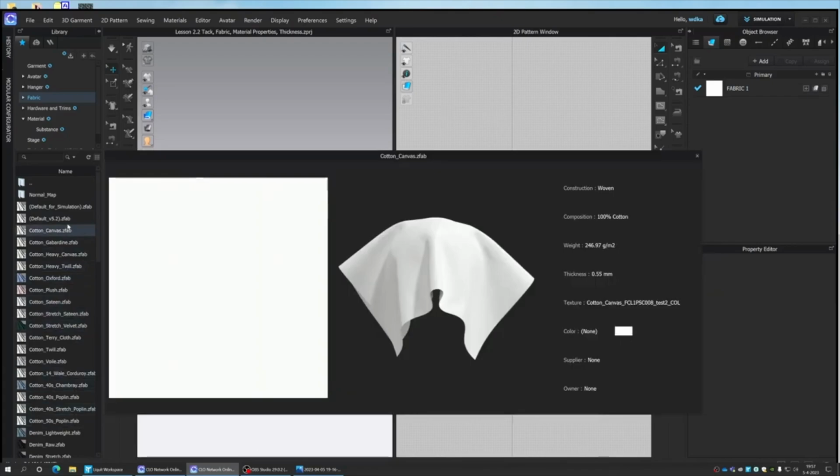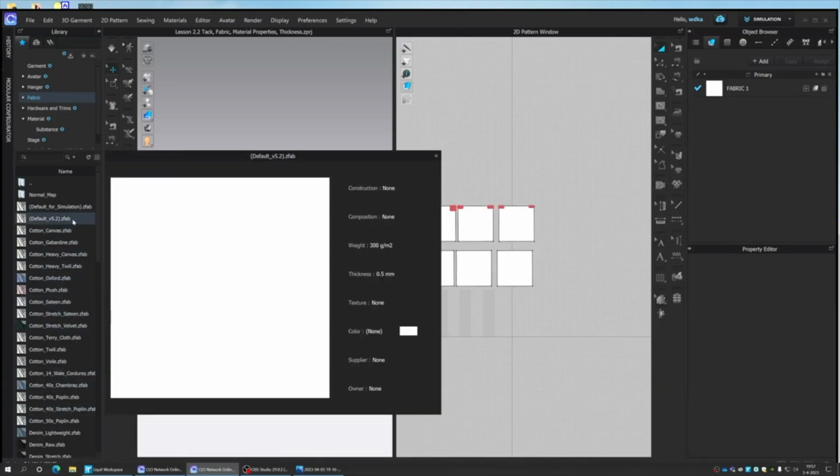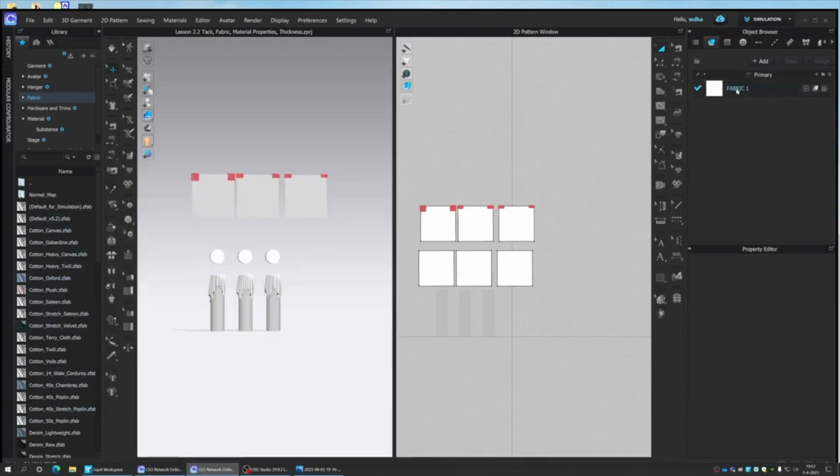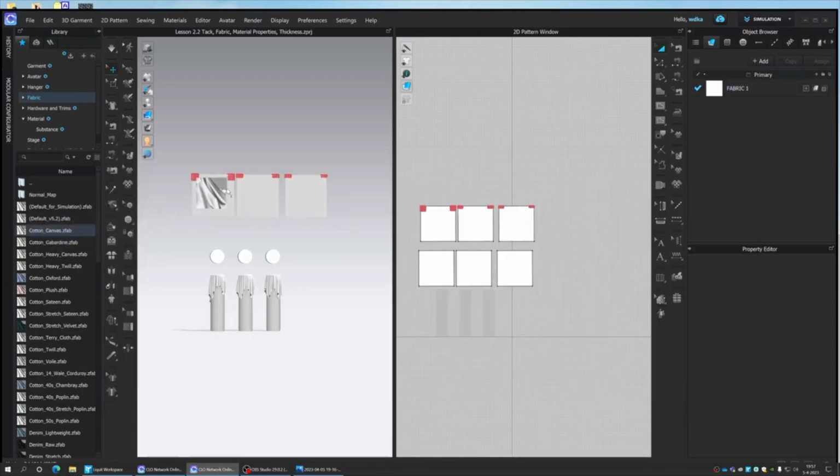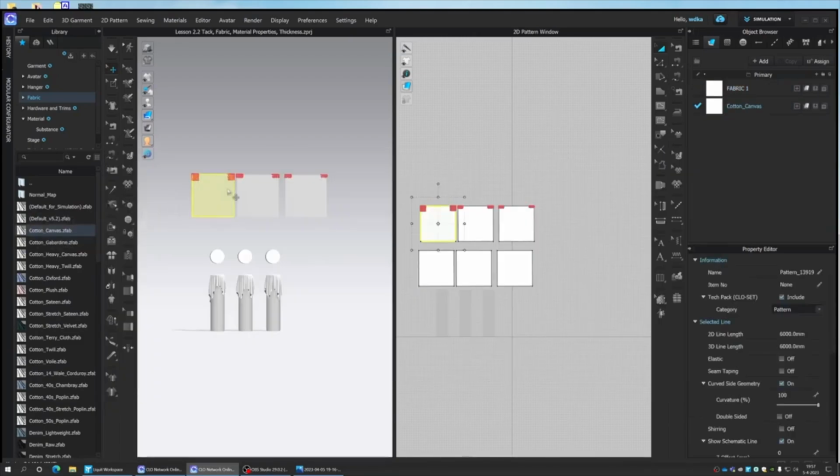Okay, so regularly you have this cotton settings on the standard fabric. If we want to add another material, maybe I want to have the first one be cotton, I can drag and drop on top of it and it will apply the material. But I can also